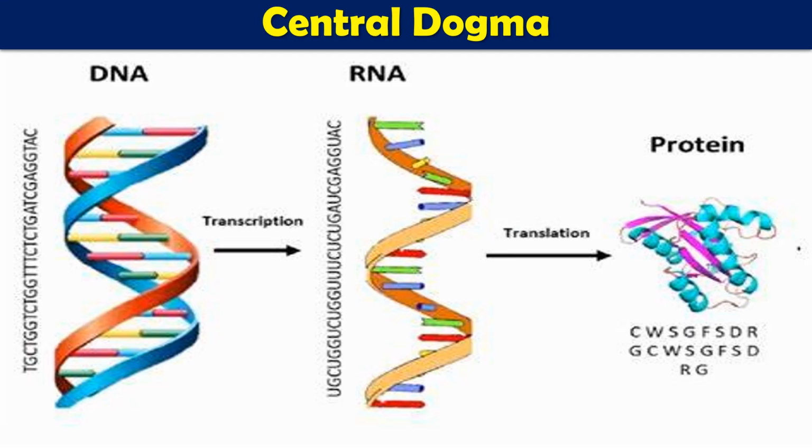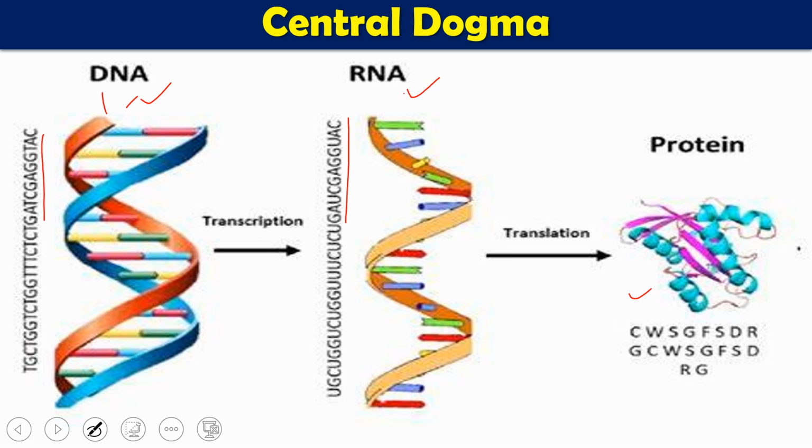Now, not only in the virus, in every organism there is genetic material. Either the genetic material will be DNA or RNA. In the case of coronavirus, RNA is the genetic material. Otherwise, in most cases we see DNA as genetic material. So for whatever proteins an organism makes, the message, or you can call it the basic signal, is in the DNA or RNA, whichever is the genetic material. If RNA is the genetic material, the information will be in the RNA. If DNA is the genetic material, DNA will have the information.